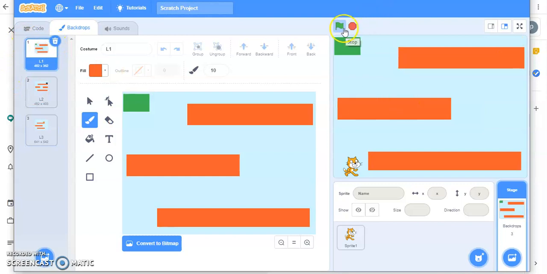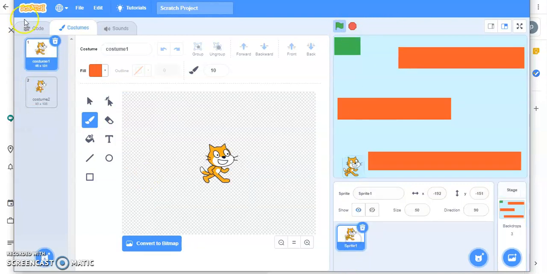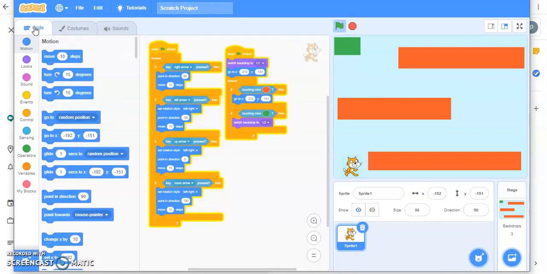Let's see. First, I'll click on this cat and then code. Let's see how much we have done. Right now I am in level 1.